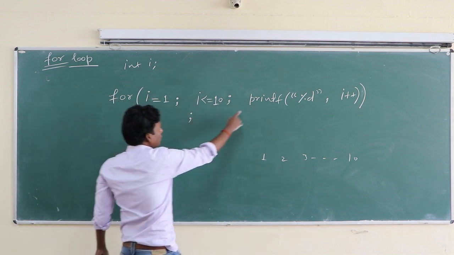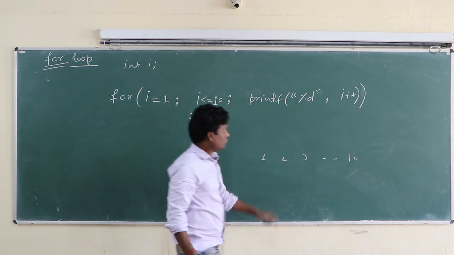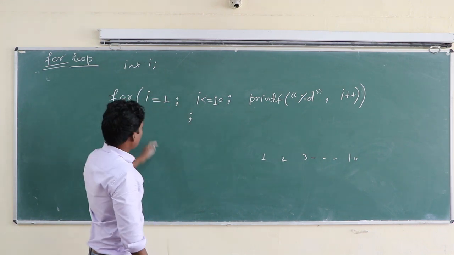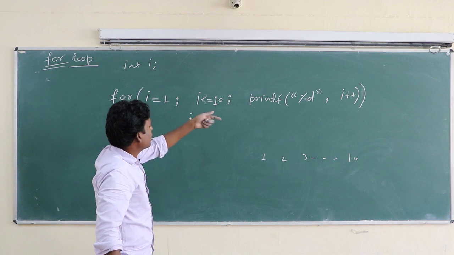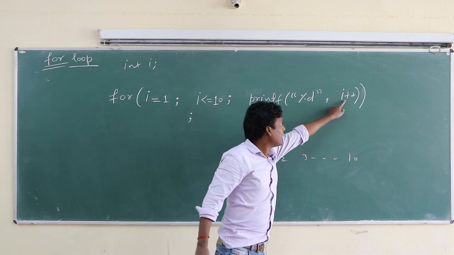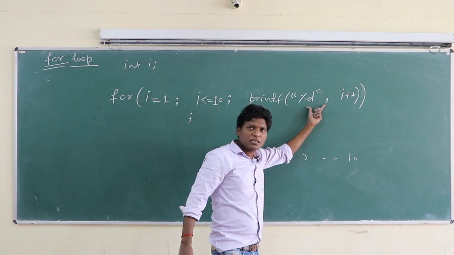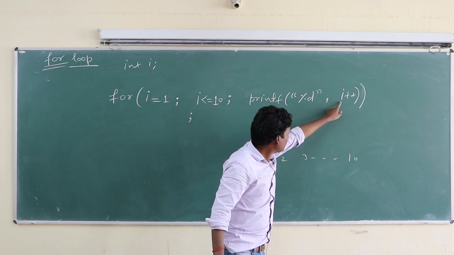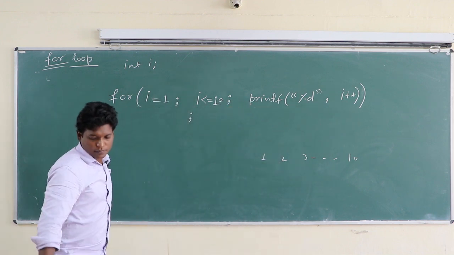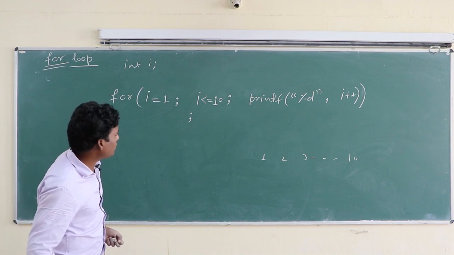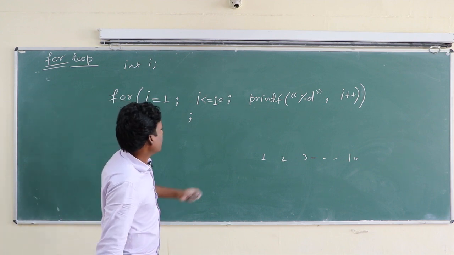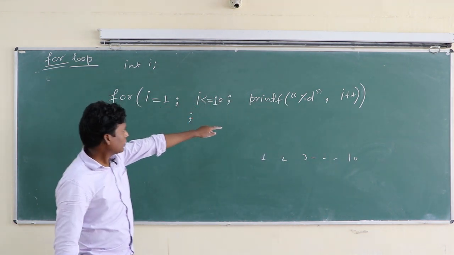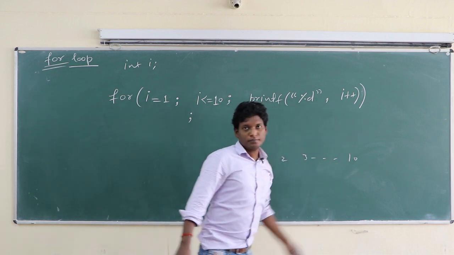Okay, so the semicolon is necessary. This semicolon is basically for the printf %d here. So it is written here, not anywhere else. If you remove this, then there will be an error. So this is also an example of one version of printf. Here the increment of the variable and %d are both done at the same place, but first the value is printed, then the increment is executed, because the increment is always done at the end of the loop. So the increment is done after this value is printed.